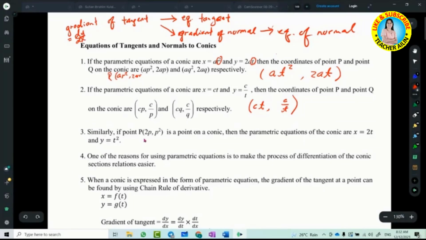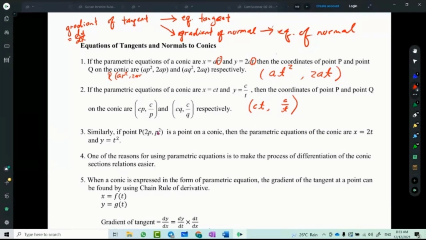Then number 3, secara reverse process, if the question gives you a coordinate point like that, then from this coordinate point, same thing, you can find the parametric equation also. Because x and y, this is x, this is y. So the parametric equation is x equals 2. Okay, the P we change to general form, we use T. Because P follow P. Okay, P dia akan ikut T. This is the special point.